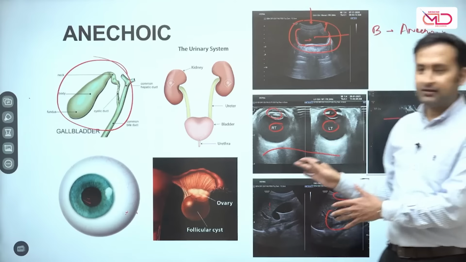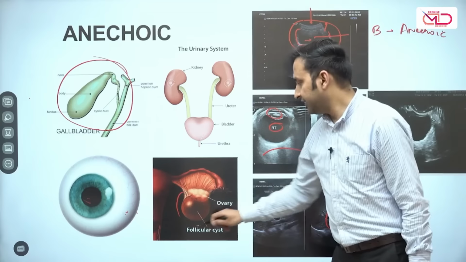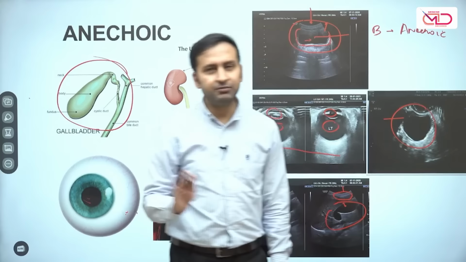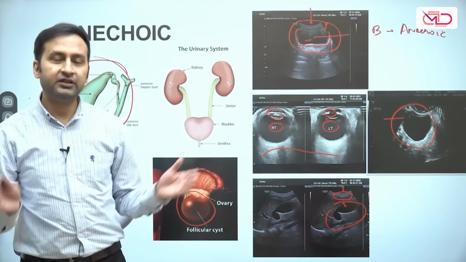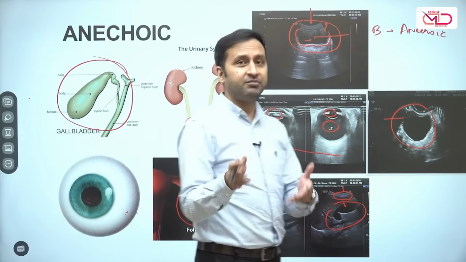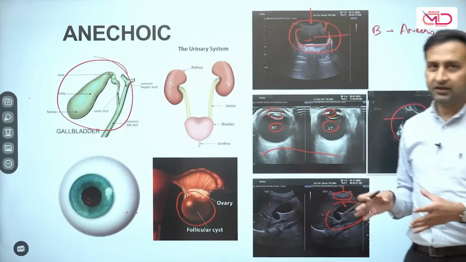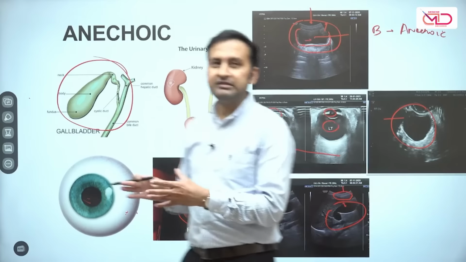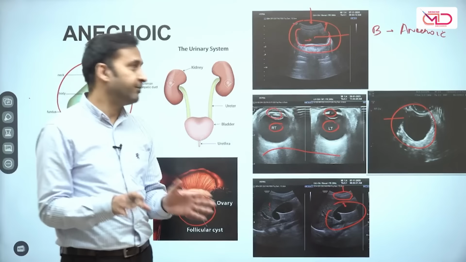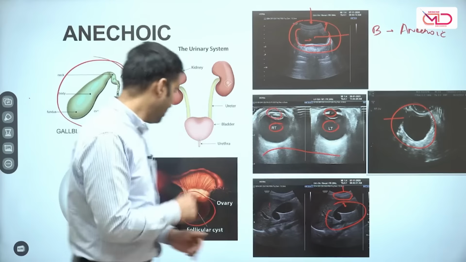And all these bladders, the eye, the urinary bladder, and obviously the last thing which I left was the adnexal cyst. This is the adnexal cyst. All the simple cysts in the body, wherever they are present, whether in the kidney, the liver, the ovary, testes, anywhere, even in the breast, will be filled with fluid. And unless they're complicated by some hemorrhage or something, because the fluid is completely anechoic, you will see them as very thin walled structures which have got no color. They'll appear black, or anechoic. So this is how these anechoic structures look on sonography.